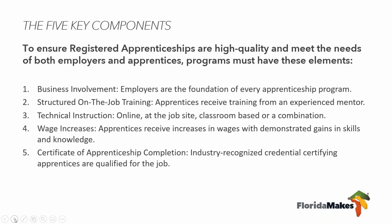And it is a component that there are wage increases, that is, the apprentice demonstrates their skills with competency and knowledge, that there are slight wage increases, or as much as the employer wants to attach to that for going through the program. And at the end, if they meet all the requirements of the apprenticeship, then they will receive,